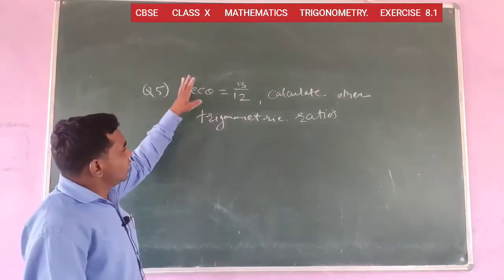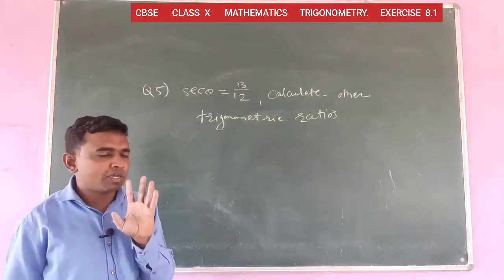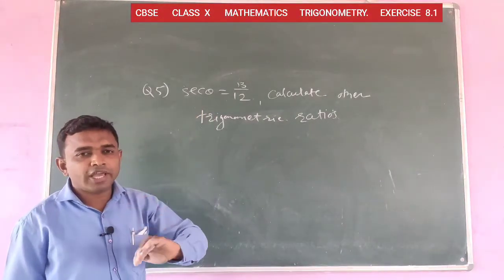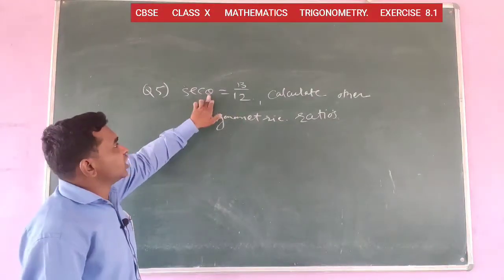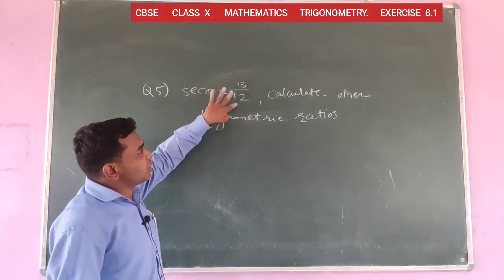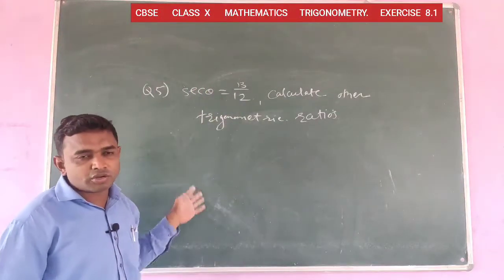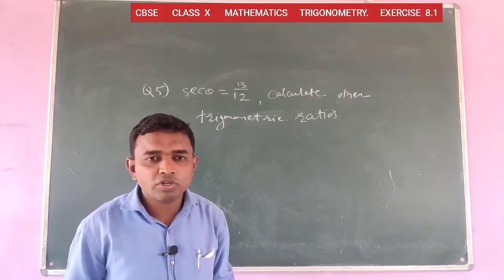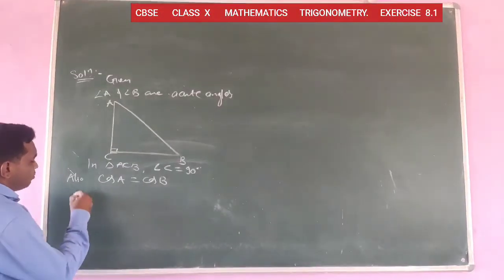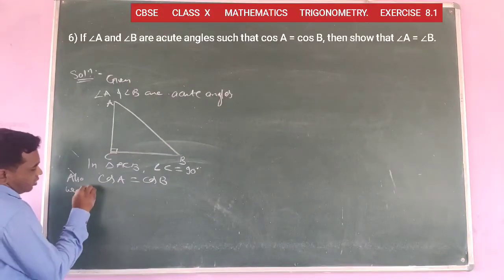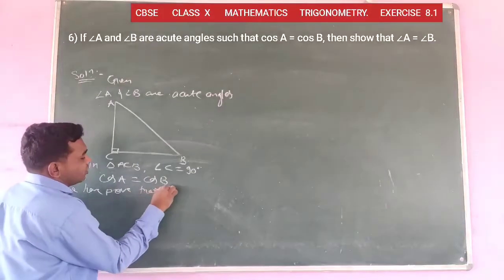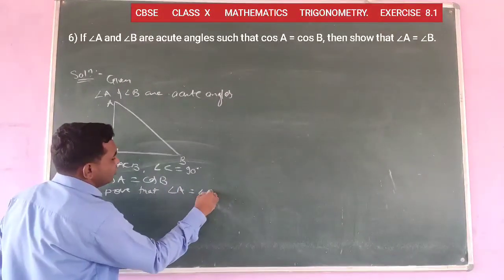In the triangle, consider any naming according to you. And what is the formula for sec? Hypotenuse upon adjacent. So consider any angle as theta. According to the position of the angle theta, just name those values. We have completed the previous example, question number 4. Now the next example is considered as question number 5: we have to prove that angle A is equal to angle B.